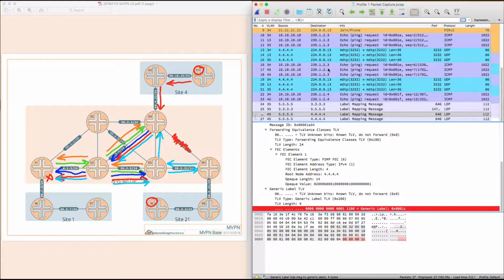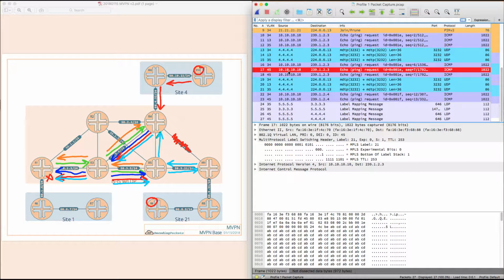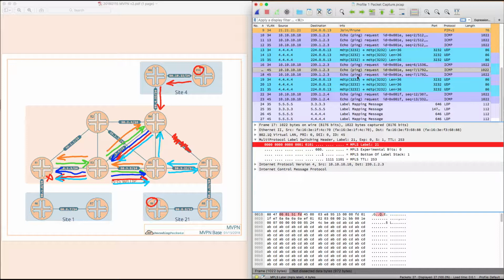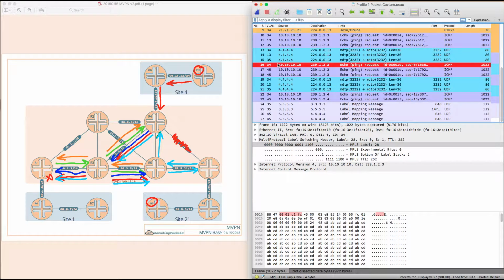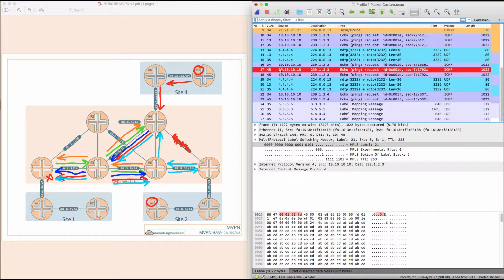But what I can tell you is when the P2MP signaling was done for this particular Data MDT, so for 10.10.10.10 to switch to 239.123, the value of the label that would have gone out in the P2MP signaling would have been 21. So that's why you are using value 21 and you keep using value 21. And essentially what's happened now is that those packets that were on the default MDT here, so they were going from R4 to R3, are now going directly from R4 to R5 and following that light blue path over onto